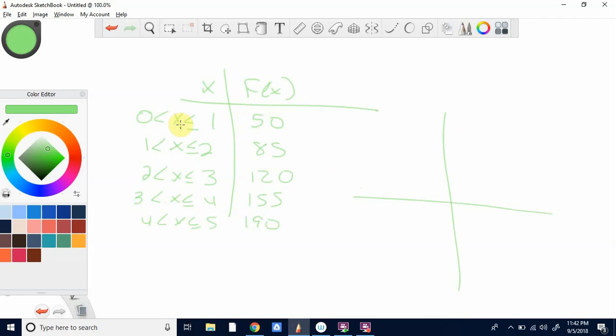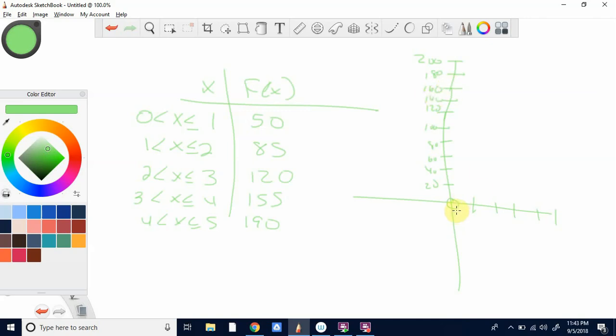Well, let's look. So the range is x is from 0 to 1, so we have up to 5. So it's not included, and then to 1, oops, sorry, 20, 40, 60, 80, 100, 120. So I'm going to make these 20, 40, 60, 80, 100, 120, 140, 160, 180, and 200. So you could have done it probably by 40s. All right, so